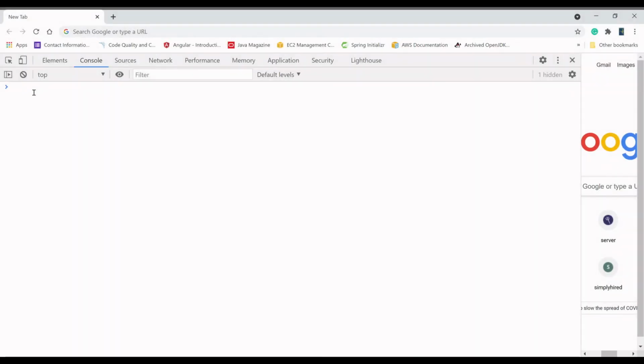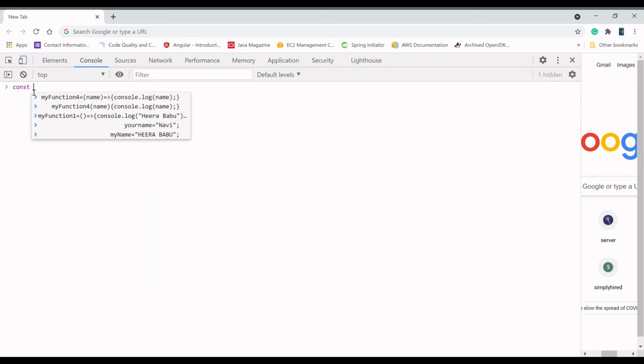So we will continue with the arrow function. How do we make the function concise using the arrow function? Let's begin and understand. I am going to write a very simple method. You can take any method.